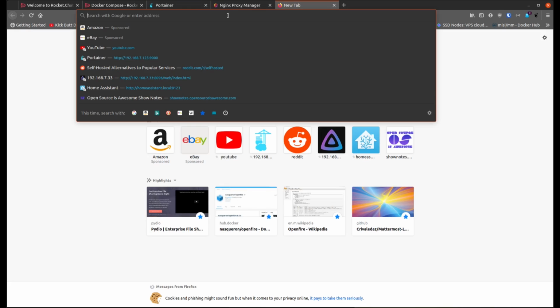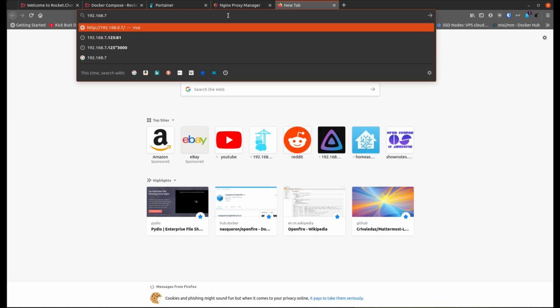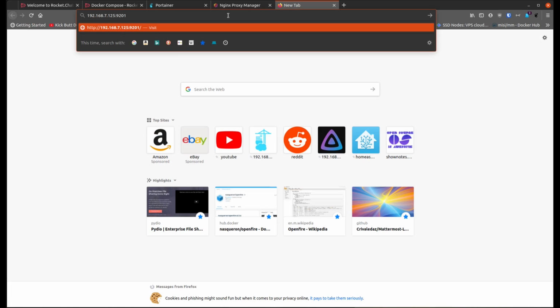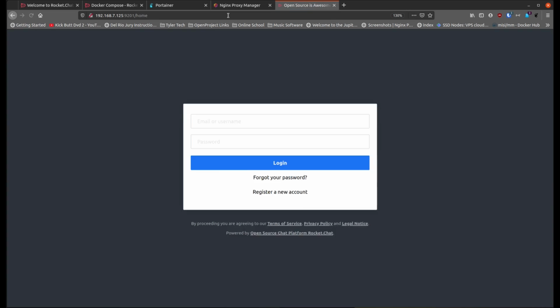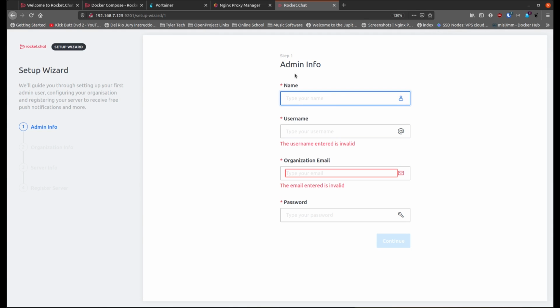Now we can test and see, is it actually there? So we can go to our IP address for that server, and the port number is 9201, so I'm just going to go by IP first. We're just going to test and see if we get to the RocketChat side. Alright, so we do, and it's going to say, hey, invalid user. I don't know what it was trying to do. Oh, because I had this installed before and I removed it, it was trying to log in with the stuff